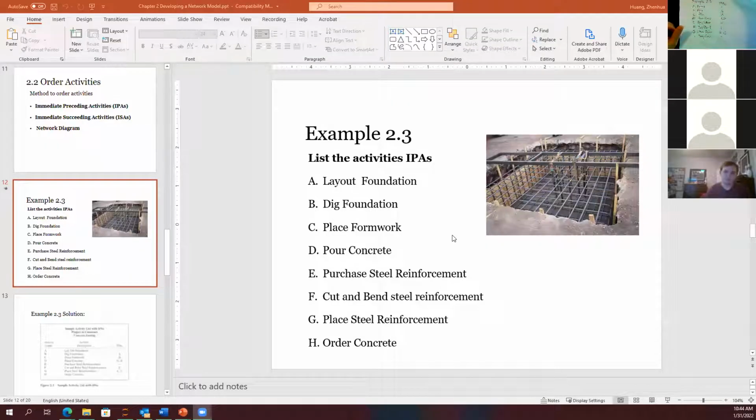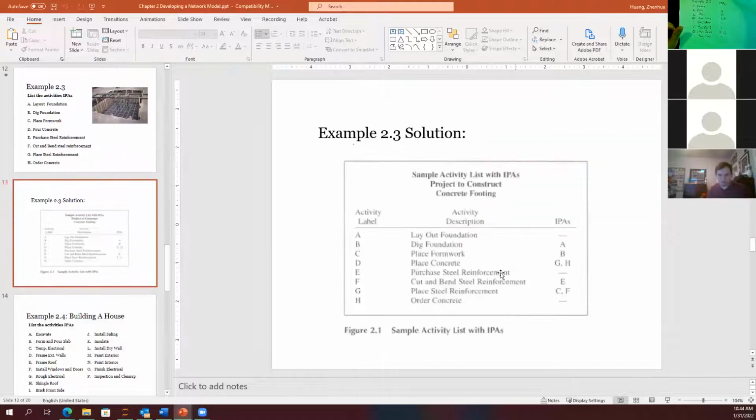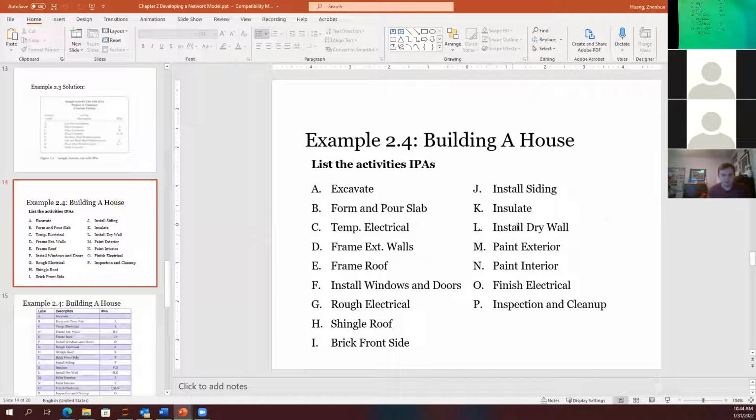So let's go back to our screen over here. Based upon the analysis, we got the table like this, okay? If you didn't write it down, that's okay, because I already posted it in my notes. This is one example. Now, this is the list I provide to you for building that residential house. I want you to use 5 minutes to prepare